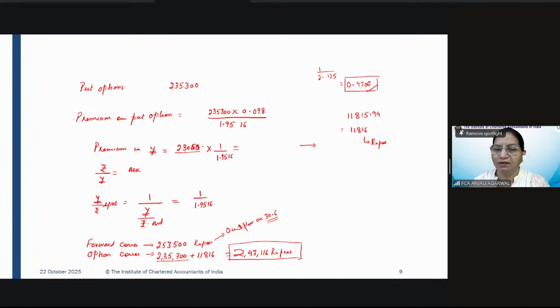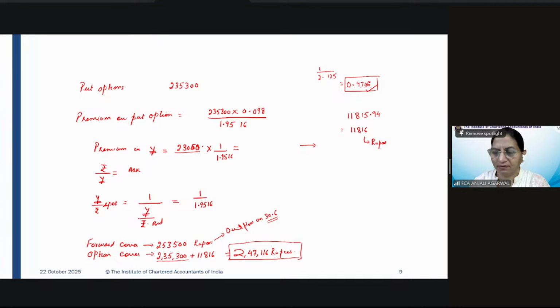It's a choice. It's an option for you. It's not an obligation, but it's your right. If you want to exercise, you will. And if you don't want to exercise, you can let it lapse. You will lose the premium of 11,816, but nothing else. So the rupee is being sold for